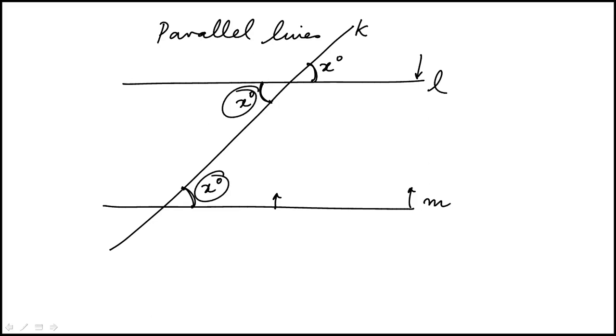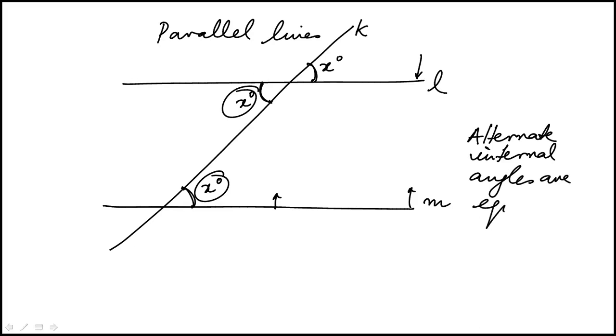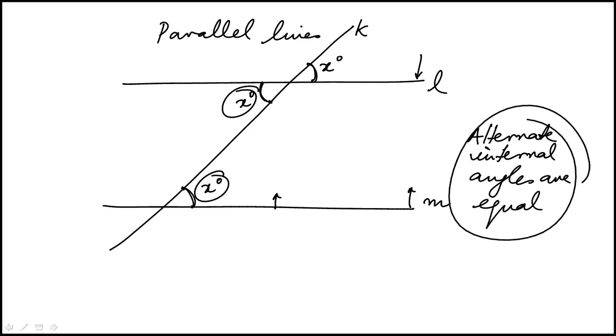You'll see in geometry books they say alternate interior angles are equal in this scenario. But you don't have to know this type of terminology, because on the GRE they're never going to say the alternate interior angle or something like that. They just expect you to be able to make these relationships. So there is no emphasis on terminology, and so you will never see jargon, barring a few things like